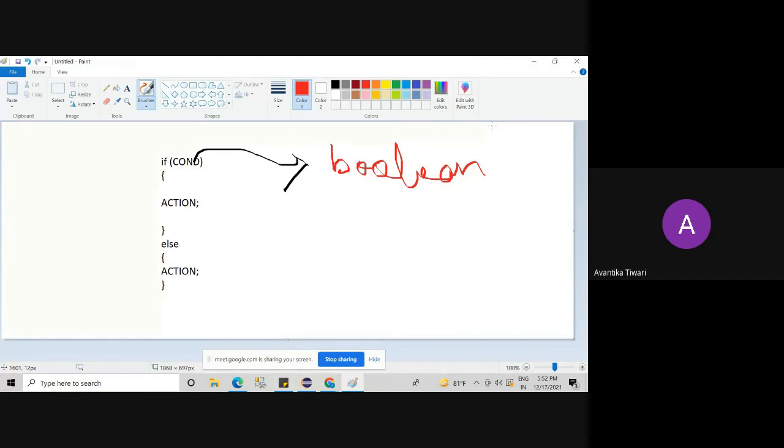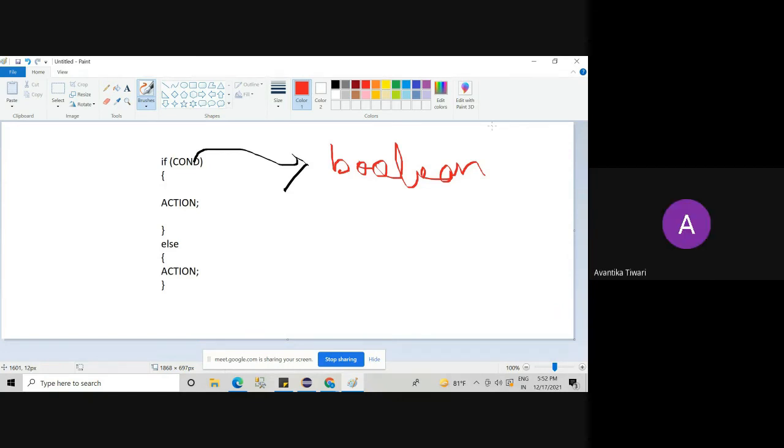The type of the variable inside the if should be Boolean type. And if we try to provide any other type, then there will be a compile time error. Why is it a compile time error? Because we are committing a mistake in the syntax of the program, and syntax related issues are reported by the compiler. Am I clear, everyone?